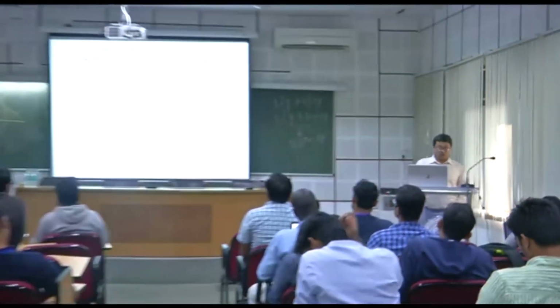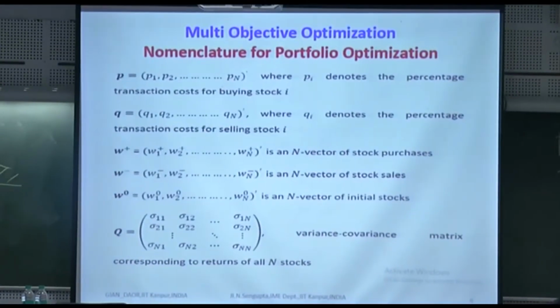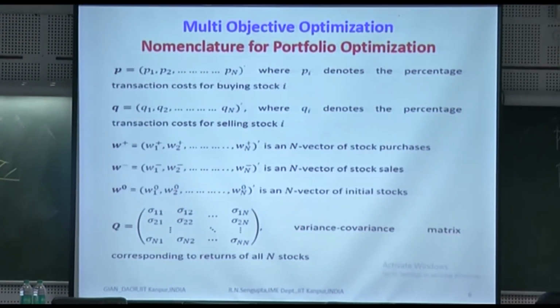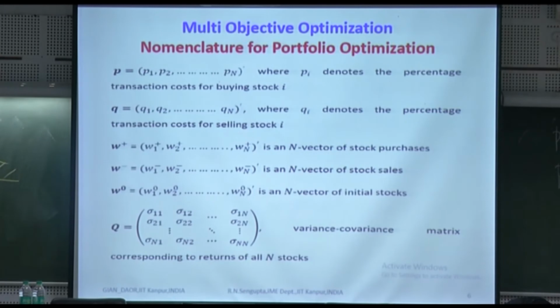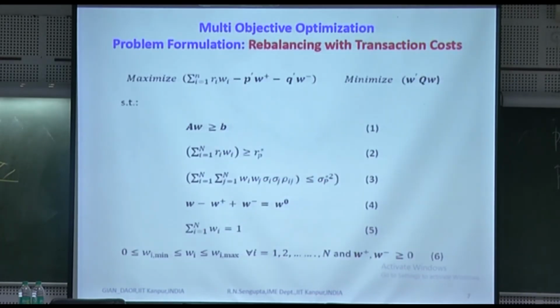So these values of sigma 11, sigma 12, sigma 1n are the actual values, and you have to basically replace them with the distribution. So that's why I am saying if normal distribution is true, we know the distribution of our r's and sigmas. If normal distribution is not true, we do not know anything, we replace them by the nominal values, which are the mean values. Now the problem is like this.